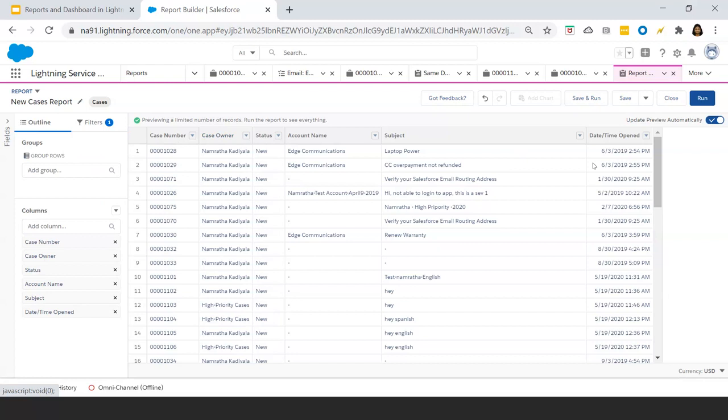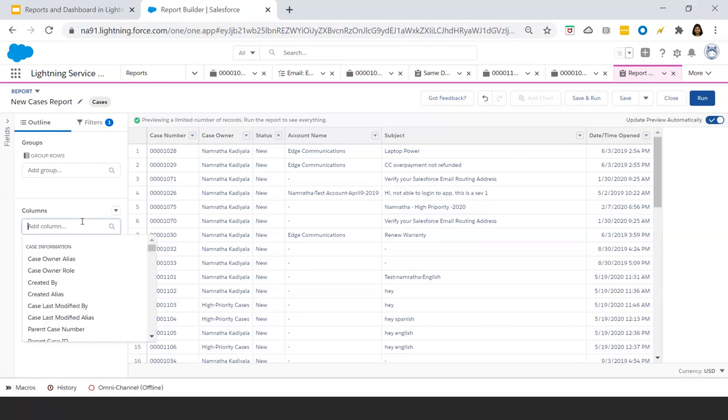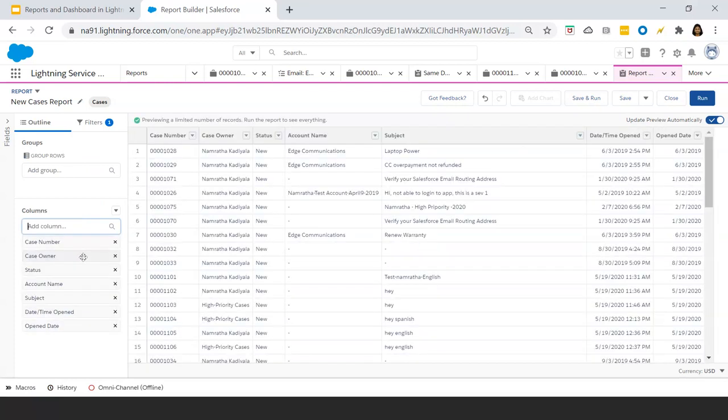So for now, what I'm trying to do is create a very simple tabular report, and I would like to subscribe or schedule this report so that my manager gets a notification about the simple report, the total number of cases raised every day. So this is my use case. And yes, let's also add the open date, when the case was opened. That is also an important column that is needed. So click on run.